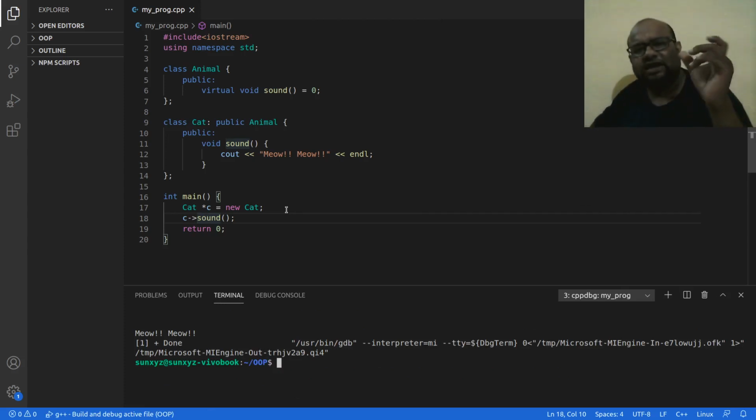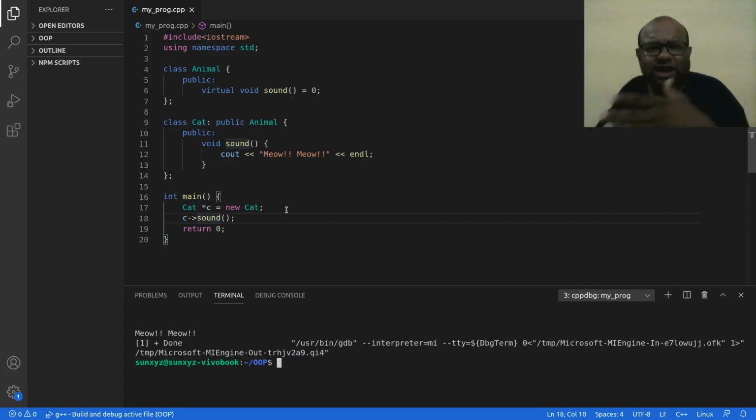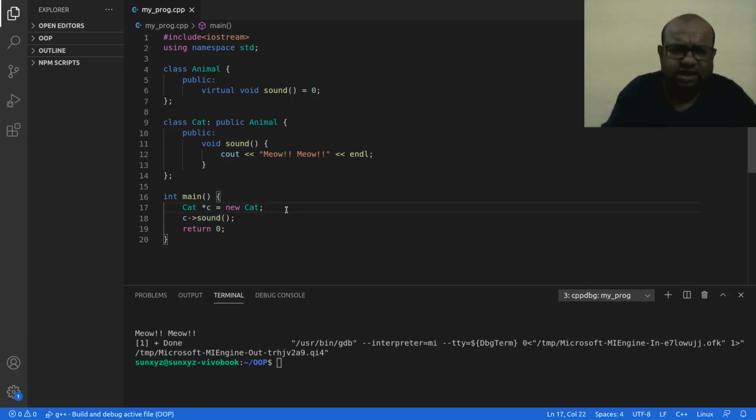Now Cat class does what? Cat class inherits from an abstract class. Animal is the abstract class. Okay, Cat class inherits from the abstract class, and it no longer has any pure virtual function. So all the unimplemented functions, all these pure virtual functions that were there in my parent class, are implemented in Cat class. Okay, so no longer any pure virtual function. So Cat class is called a concrete class, right? We can create objects out of a concrete class, like I am creating an object of Cat class, and then I call this method sound. Now one interesting thing is,